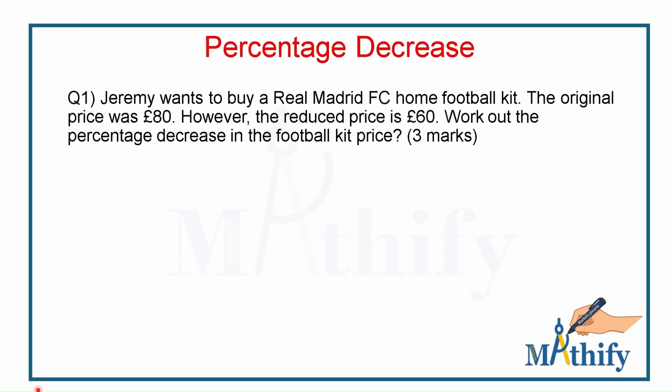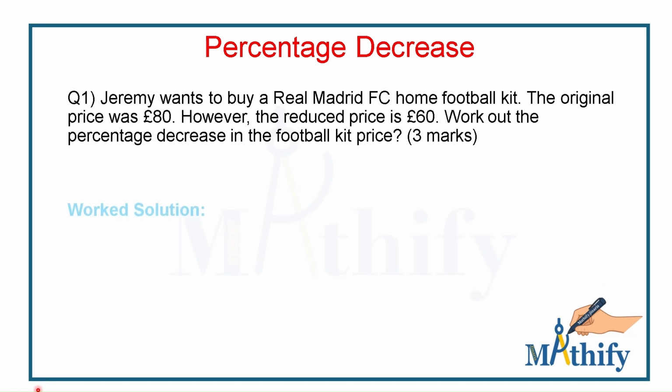Here is an exam style question to go through together. Jeremy wants to buy a Real Madrid home football kit. The original price was £80, however the reduced price is £60. Work out the percentage decrease in the football kit price. 3 marks. I'll show you how to get 3 marks for this question and how to break them down step